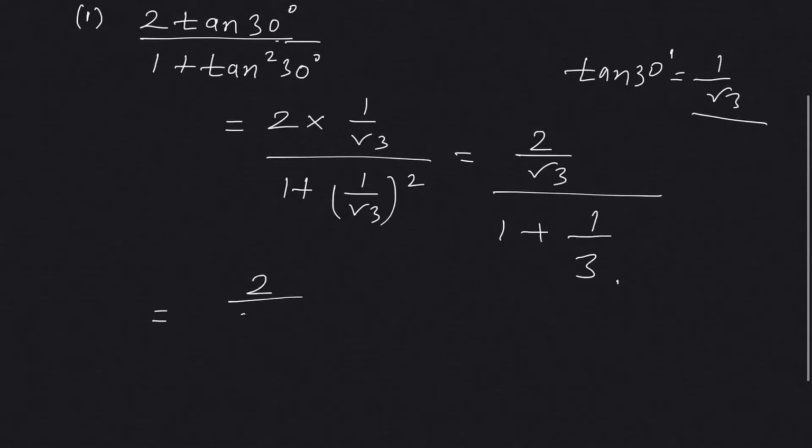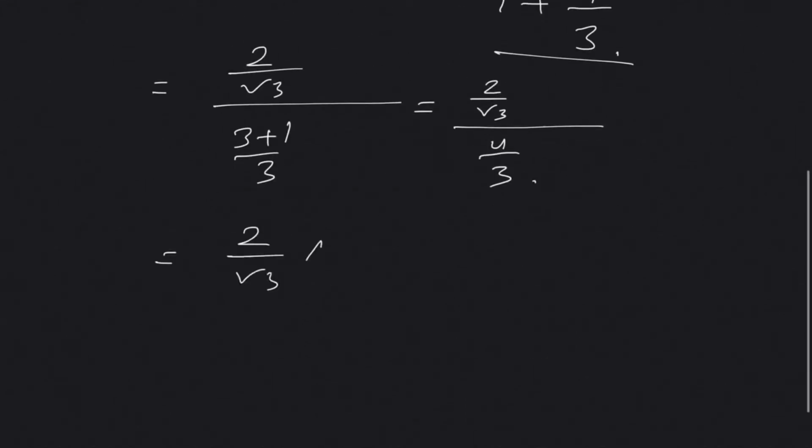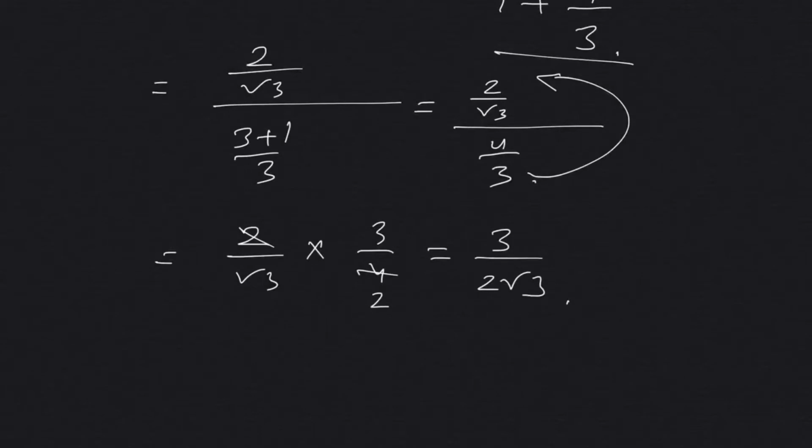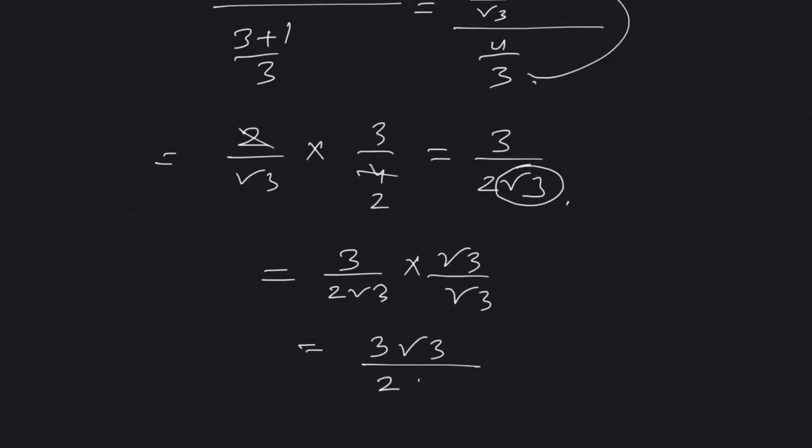So this will give us 2 by root 3 here. If you take LCM, it will be 3 plus 1 by 3. So this is 2 by root 3 divided by 4 by 3. So 2 by root 3 into 3 by 4. So this is 2, okay, so 3 by 2 by root 3. I think we still have to rationalize the denominator. So 3 by 2 root 3 into root 3 by root 3. So this is 3 root 3 divided by 2 into root 3 into root 3. So we're left with